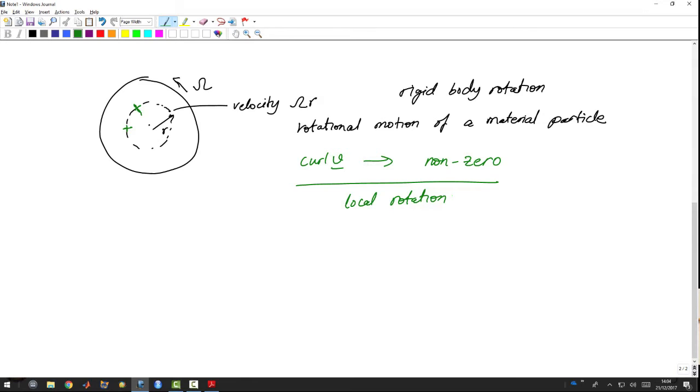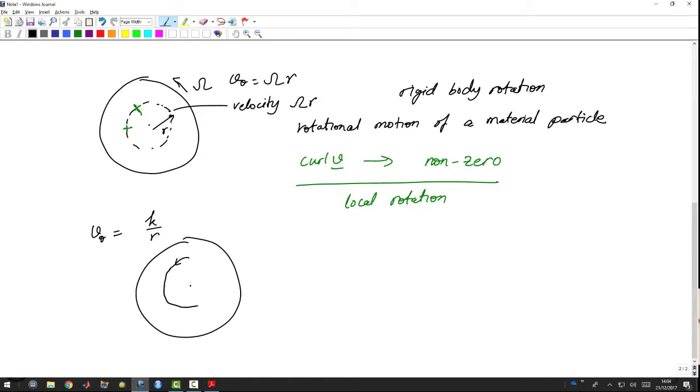We can also look at another type of flow. So this flow is basically v theta is equal to omega r, because there is only theta direction velocity. We can also look at another type of flow, which is v theta is equal to another, let's say, constant divided by r. So in this case what we can see is velocity is very small when you go to higher r, and velocity is very high when you go near the origin. And so in this case also again velocity is only in the theta direction, but the velocity keeps on decreasing